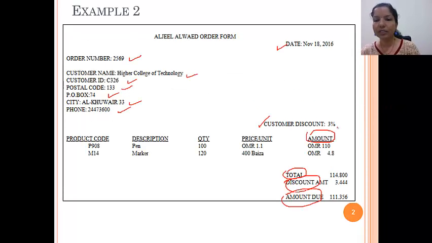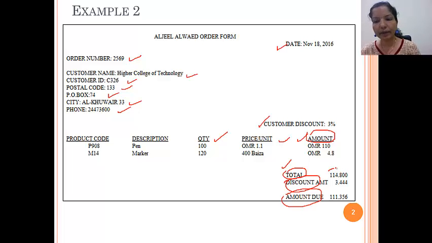So the reason is these four attributes are calculated fields. So for example, how we calculate amount? We can calculate the amount from the attribute quantity and from the attribute price. So 100 multiplied by the price will give you this amount. So if you have such calculated columns in your form or in your table, we will not include such columns in our table. So that's the reason why I avoided the amount attribute.